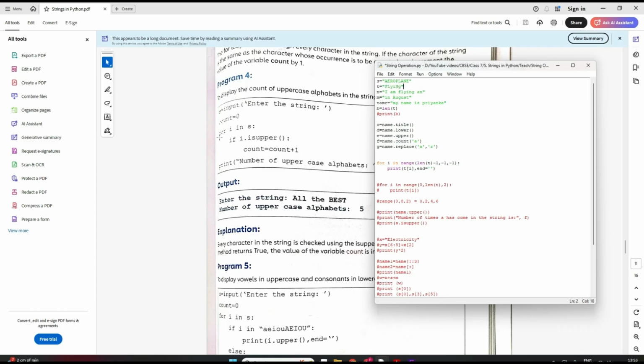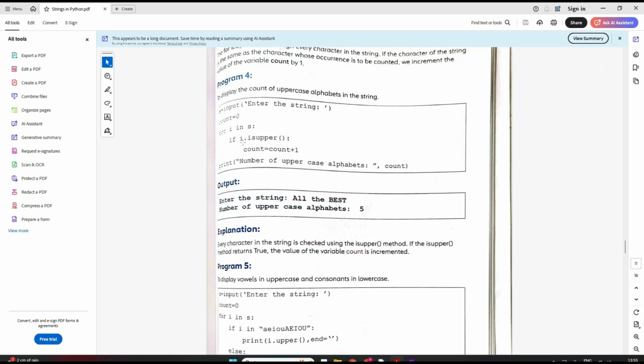Now for I in S, it will start traversing one by one, right? The first I will be F. So here it is checking if F is upper. If that character is upper, if it is yes, I am counting it as 1 plus 1. So it becomes 0 plus 1, 1 here.